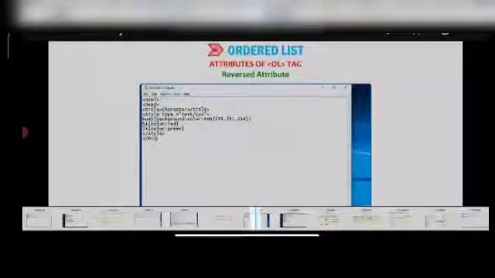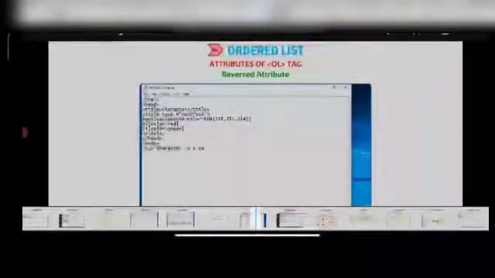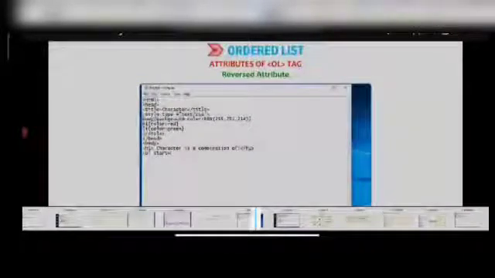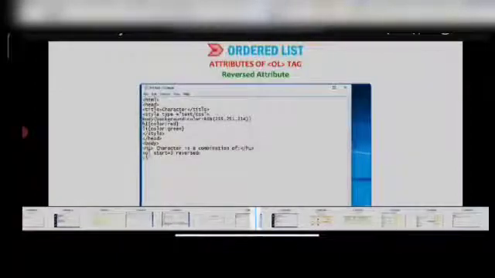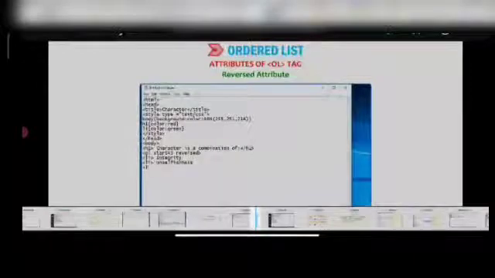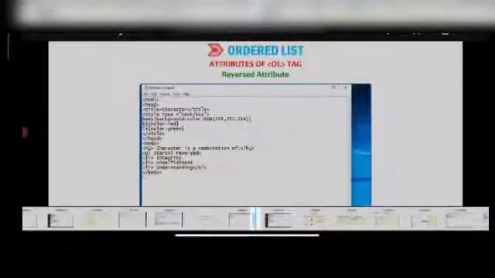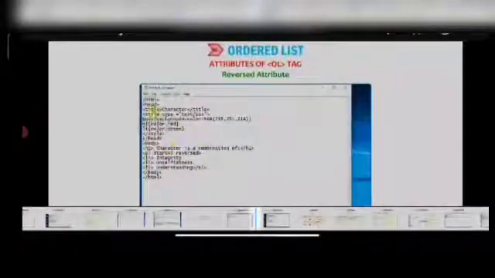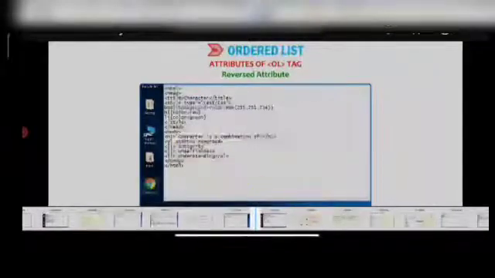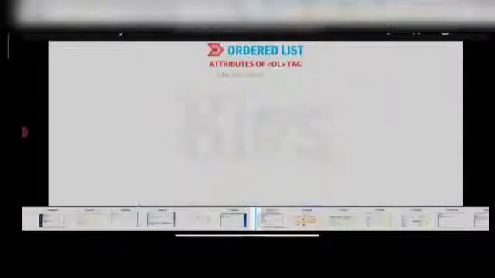Close style and close head, open body. h1 Character is a combination of, close h1, OL start equal to 3 reversed, li integrity, li unselfishness, li understanding, close OL, close body, close HTML. Store the file in your folder and run this file. We will get a result like that.